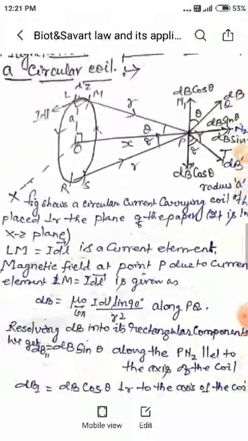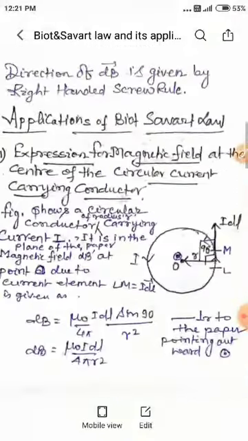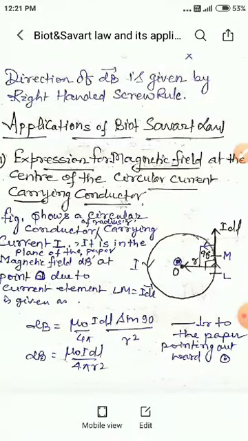So let us start the first application, magnetic field. We have to find out the magnetic field at the center of a circular current carrying coil. Now our first step is to find out the magnetic field at the center due to an elementary element of this entire circular conductor.